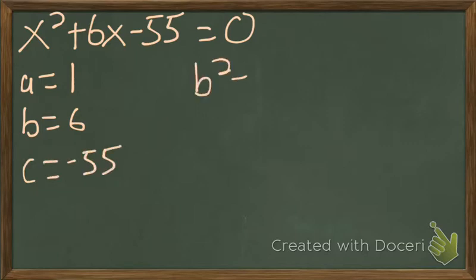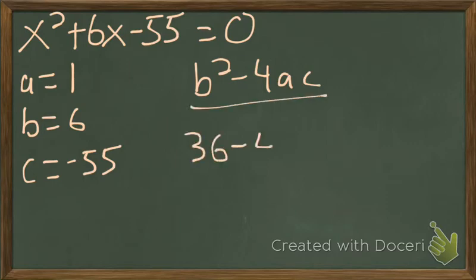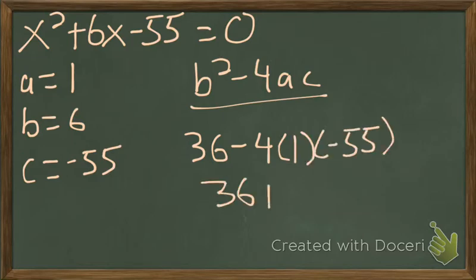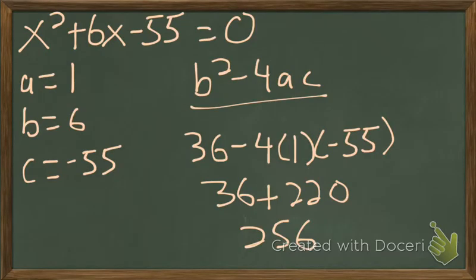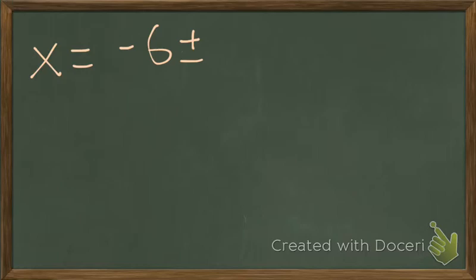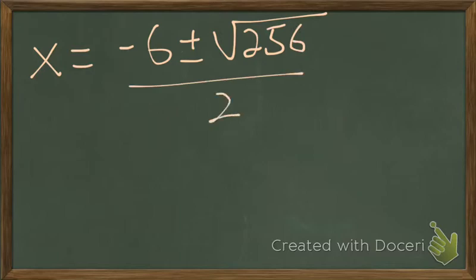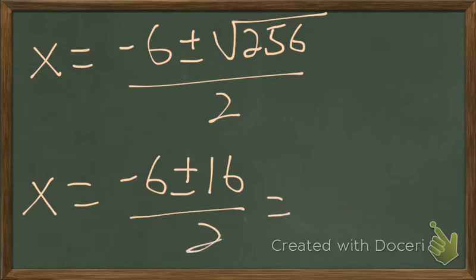So b squared minus 4ac is equal to b is 6, 36 minus 4 times 1 times negative 55. You get 36 plus 220, which is 256. Right? So b squared minus 4ac equals 256. Let's go ahead and finish that. So plug it in this formula, x equals opposite of b is negative 6, plus or minus the square root of that, 256, we already found that, divided by 2, so x equals negative 6 plus or minus 16 over 2, and that equals,